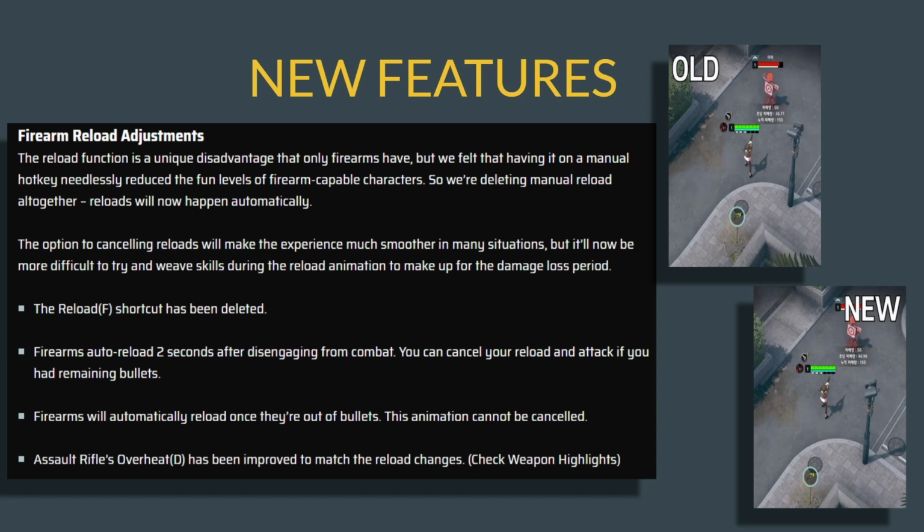I don't know. My take on this is that I don't think it was really needed, to be honest. I think if it was just explained somewhere in the game that you press F to reload your gun, without asking people, it would